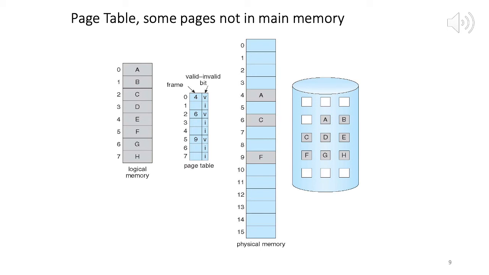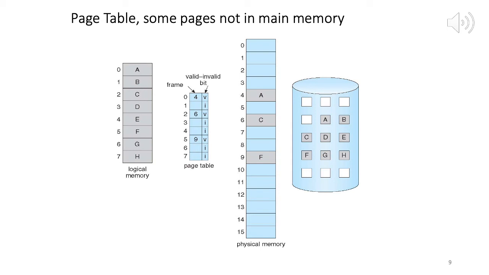So we have 3 pages in memory which have found their respective frames, right? So page 0 has found frame 4, page 2 has found frame 6, page 5 has found frame 9. That is exactly what the page table says. To keep it simple, we're just talking about the page and frame numbers and not addresses. So page 0 maps to frame 4, page 2 maps to frame 6, page 5 maps to frame 9.